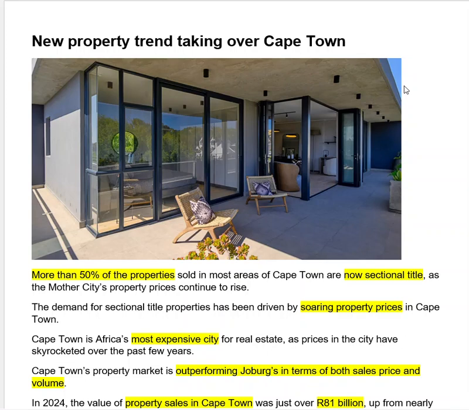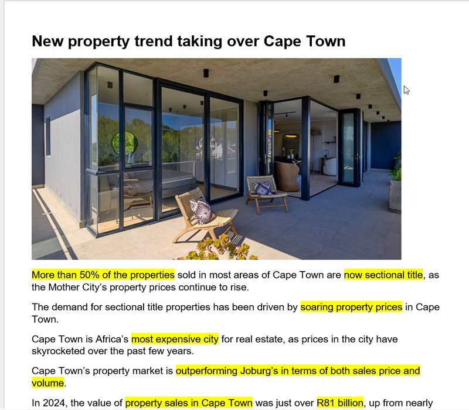Today, we're going to be looking at the new property trend taking over Cape Town, right? So basically, we'll be analyzing, if you want to invest in Cape Town, if you want to buy property, where to buy and what to look for. So it will help you, either investor as well as people that are willing to step foot in the property